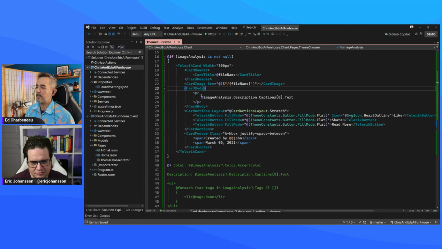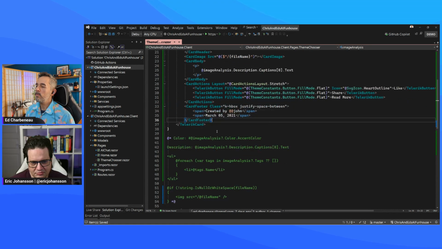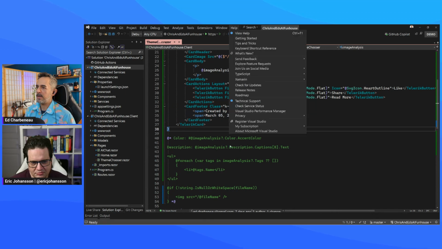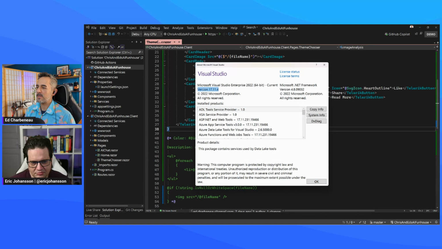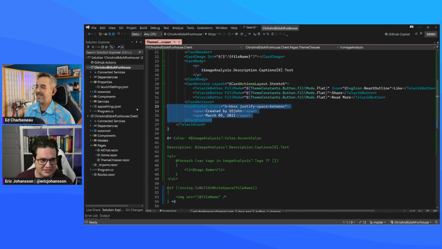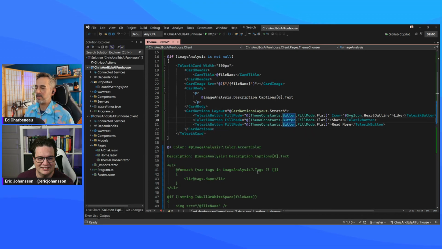So do I. So we've got the description. I'm really hoping for what I think is Studio 1711. But I'm still gonna take the card footer. Unless you're using the preview a lot, you can think. I don't have preview now. I took preview off my system because preview broke everything. But the preview might be 1712. I'm not sure about the exact version. The next one is coming next week. I remember that whole show that got deleted, because when I put preview on my system, it borked everything. Nothing would compile in any version of Visual Studio or command line. But according to some folks, that doesn't happen. Anyhow,